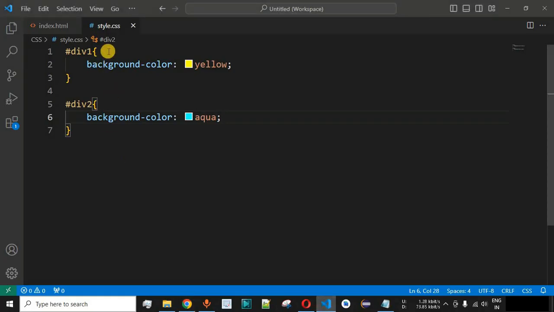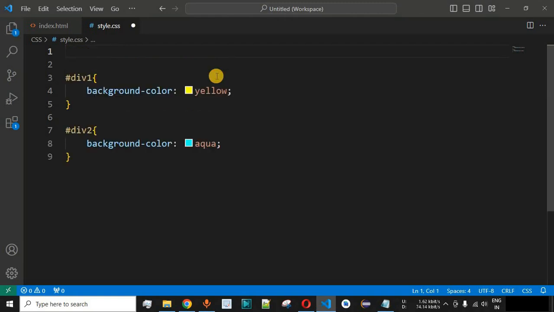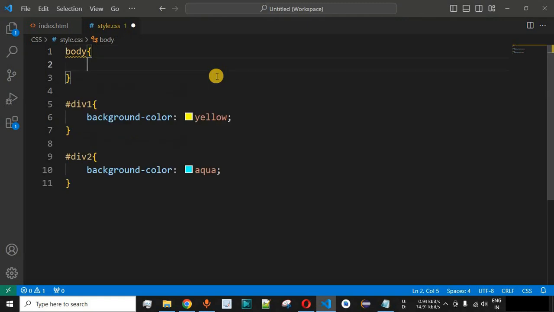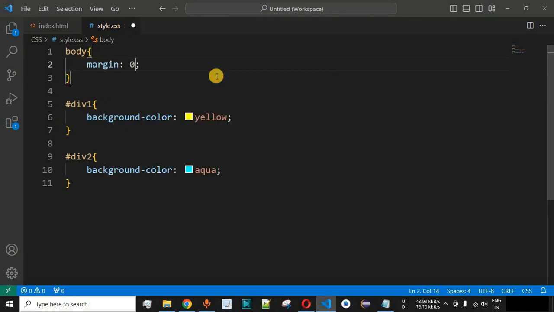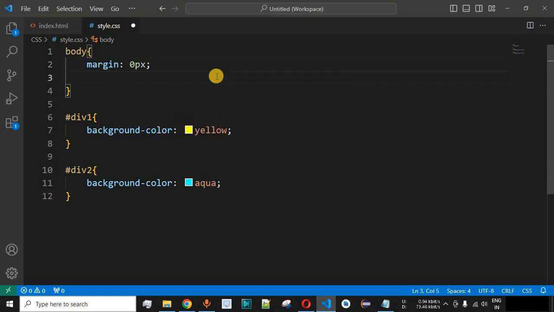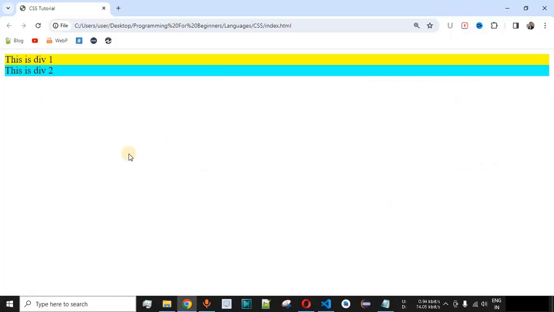Let us do that as well so that we understand the padding property more easily. Over here we provide the body tag and simply provide margin as 0 pixels, and padding as well as 0 pixels. Let me save this file and try reloading this page once again on the browser. As you can see, we don't have any spaces around both these div elements.